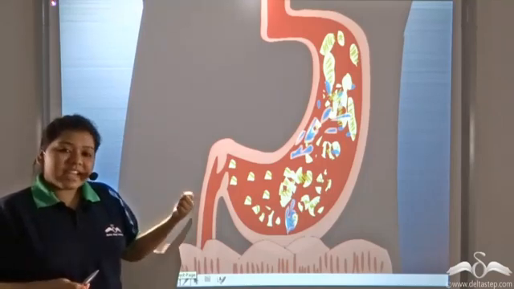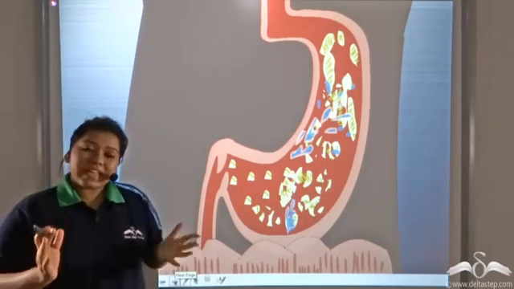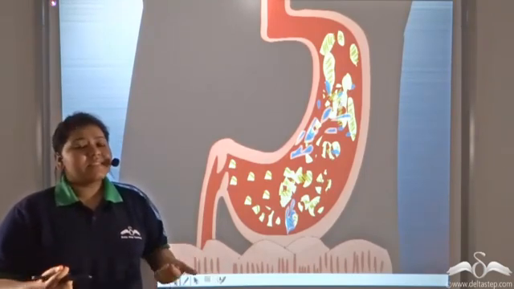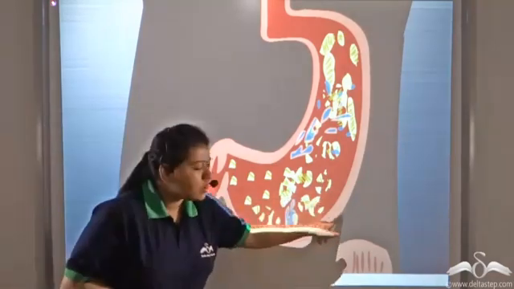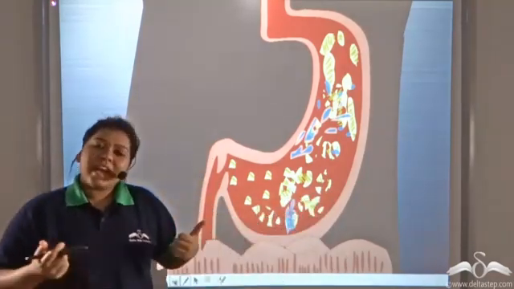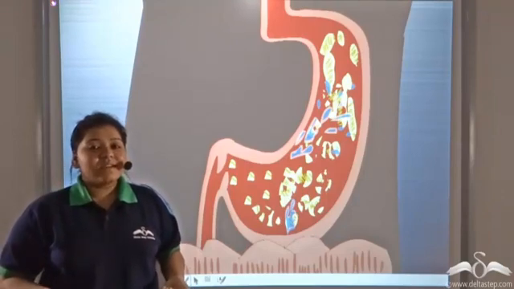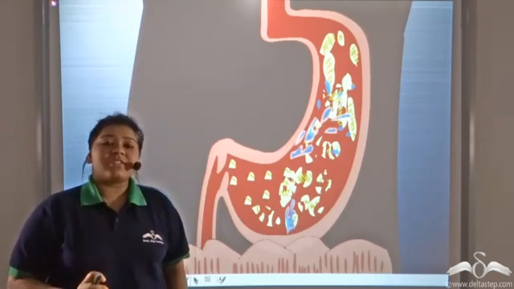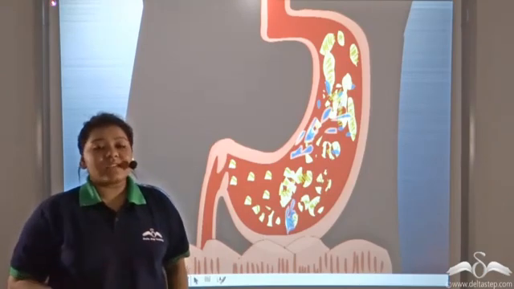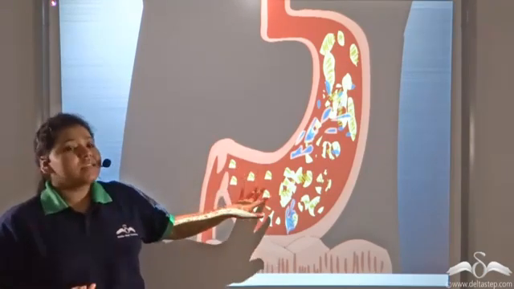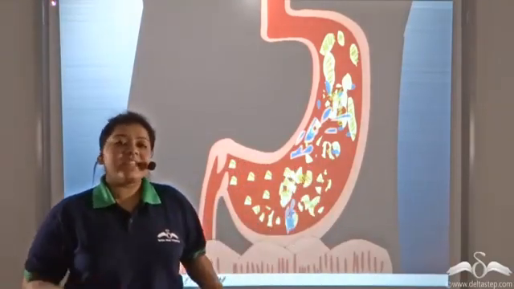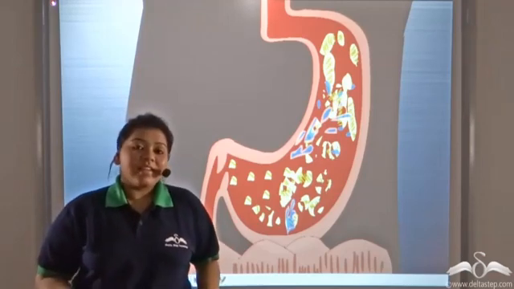Now, the digestive juices contain HCl, which is a very strong acid. Why does this strong acid not burn holes in the stomach? We have seen HCl in our chemistry labs. Our teachers often tell us to be very careful with this acid because it can cause a lot of damage. It can cause holes in our skin. But this same acid is present in our stomach and does not create any damage. Why? This is because